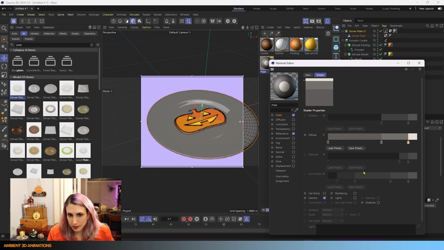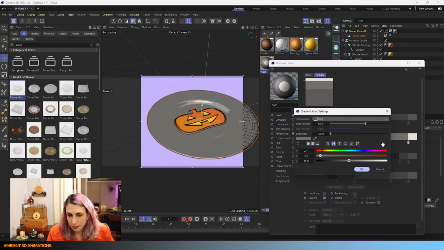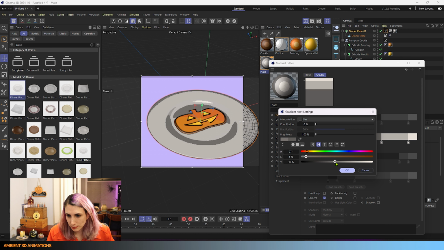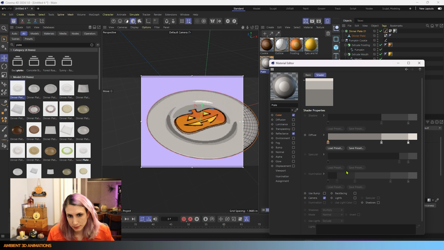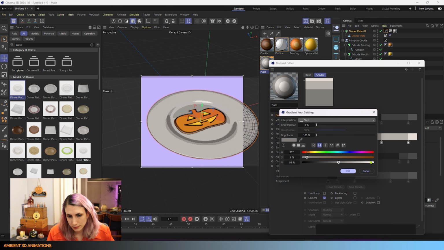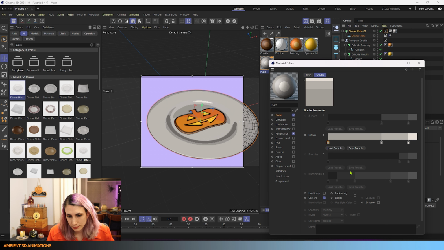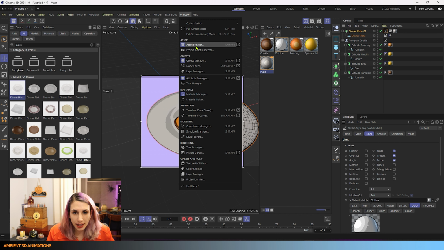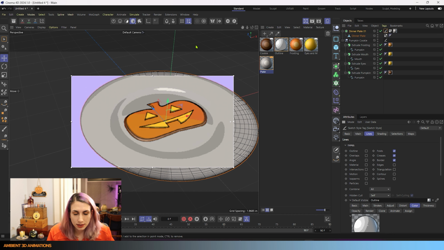I definitely want these highlights to be brighter. So here we go. We've got a spooky cookie here. And I'll go ahead and close that.